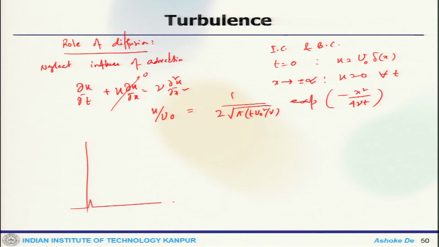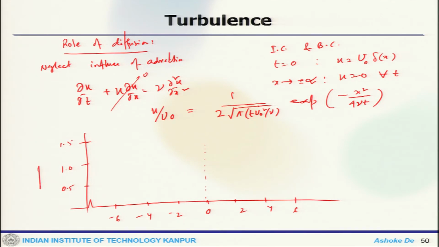So, if you look at that, let us say this is 0, 2, 4, 6, minus 2, minus 4, minus 6. Then I can have, so that is the axis, this is 0.5, let us say 1, 1.5, this is my u by u naught. Okay. So, I can have something like this kind of profile,